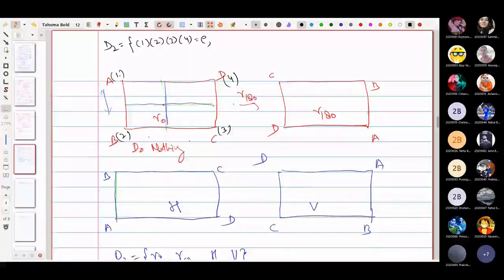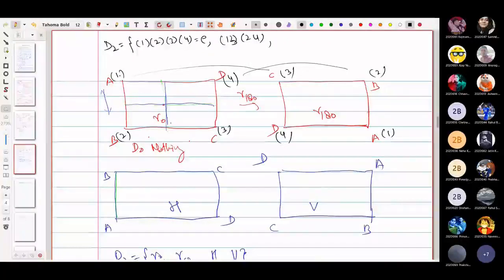Okay, so once you are rotating by 180 degrees, 1 will come here, and here 2, here 3, here 4. So you just see 1 goes to 3. Are you getting it? Just see the places. 1 goes to 3, 4 goes to 2. So you can write 1 goes to 3, 2 goes to 4. This much you have to write. You can see here 2 goes to 4, 3 goes to 1, or 1 goes to 3. Both are the same thing.